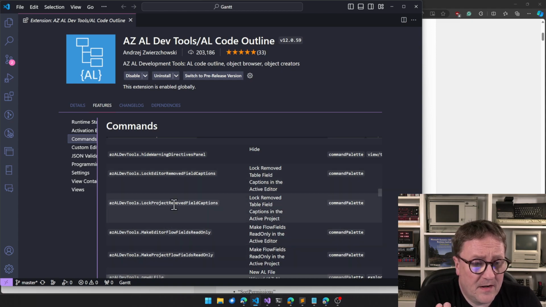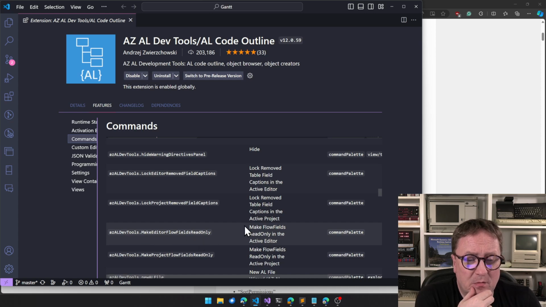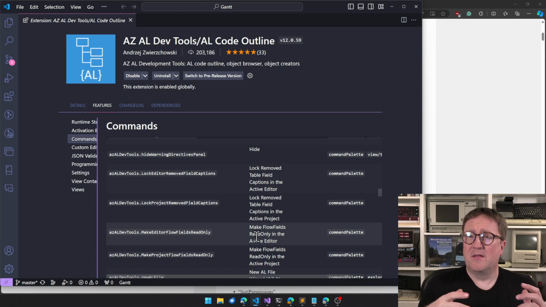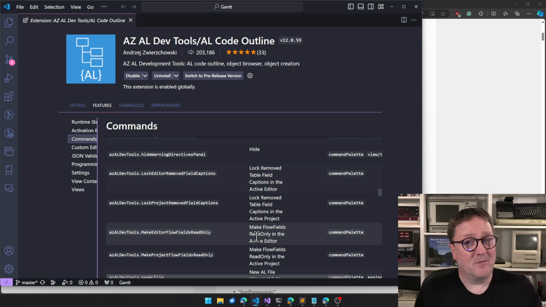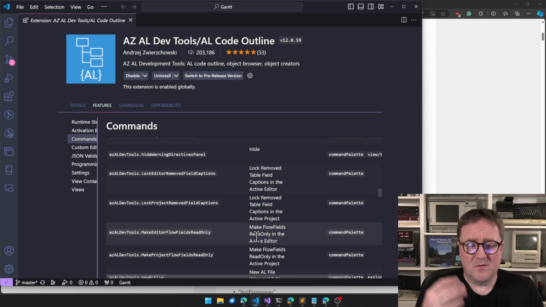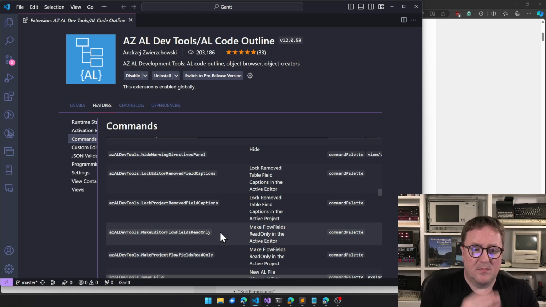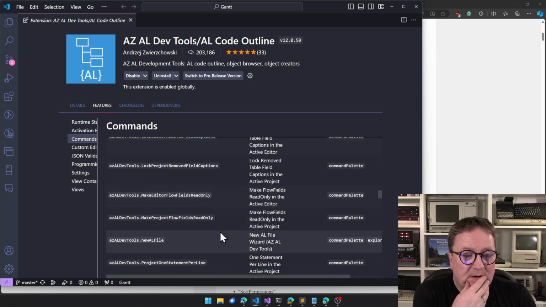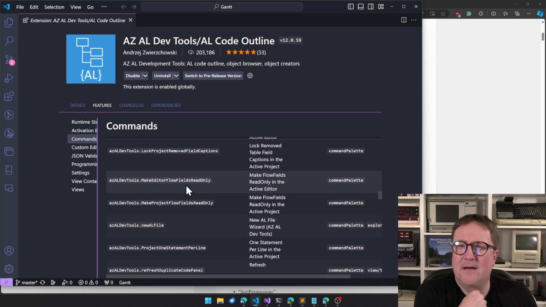Random here: Make editor flow fields read only. Make flow fields read only in the active editor. Remember that you can edit a flow field. There's a video on that. But maybe by default you should make sure that they're not editable. So in this case, boom, make editor flow fields read only.